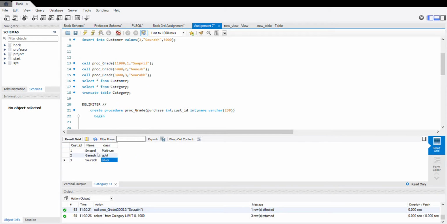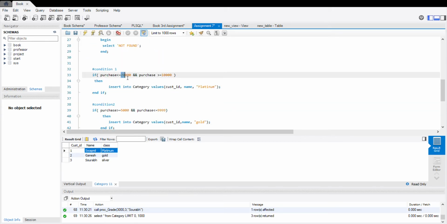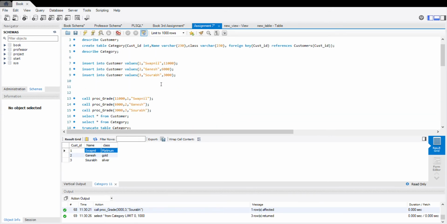You can see Swapnil has the class platinum because his purchase is 11,000, which is between 10,000 and 20,000.